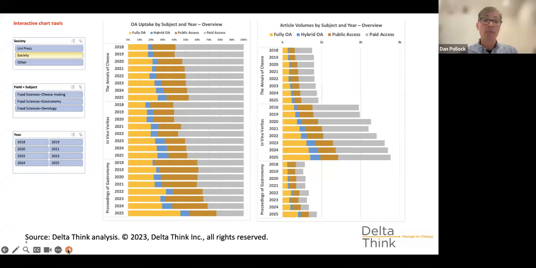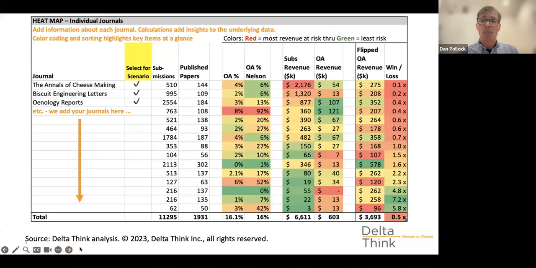Yeah, Dan? Okay. So we've previously been looking, if you like, at the big picture. Although we started with journals on the previous slide, I think, as I said, we can also apply that to the marketplace. Sometimes people say, well, we're publishing in cheesemaking. We're thinking about opening a cheesemaking journal. Well, what's happening with cheesemaking in general? What's the appetite? And that previous slide can handle that.